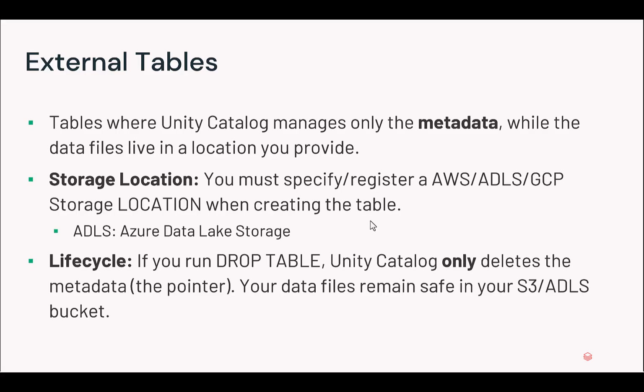And then come external tables, right? External tables are basically you point somewhere else, and it feels like your local table. So,